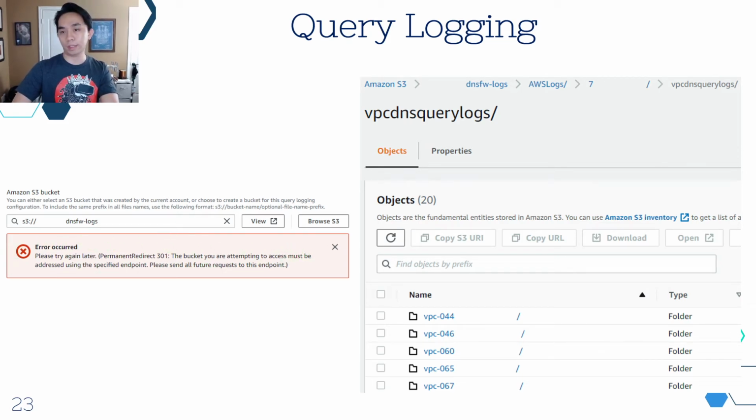It will still work just fine. I think it has something to do with the format of the S3 UI here. You're supposed to put the region code, like us-east-1 or whatever your bucket was created in, but then this input box doesn't allow you to put in that format. But it still works. You just type in the bucket name. It should work. I don't know if they fixed it yet.